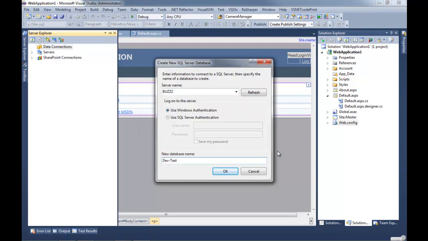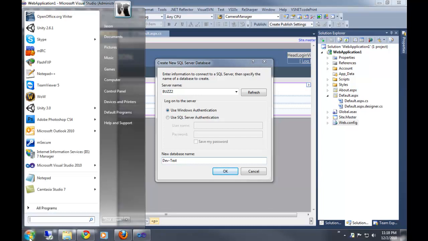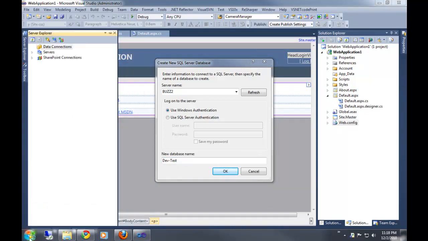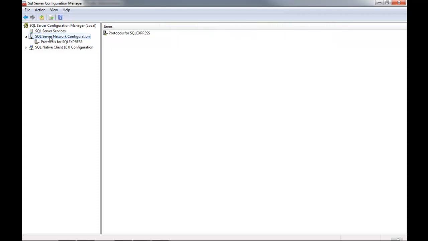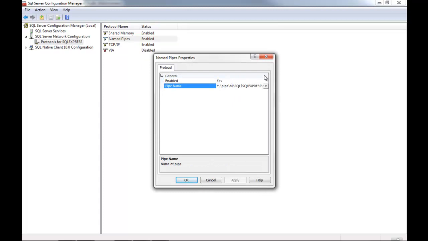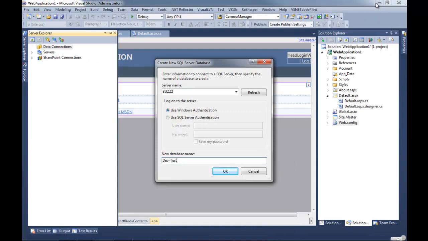I realized that I need the named pipe. Let me do this real fast. Let me grab Jason's named pipe. Or I think I can get it down here. I don't do server administration. I'm a programmer, so I haven't spent the time to dig around in these little things. But we can do this. And that just goes ahead and creates a new database for us if it gets around to it.